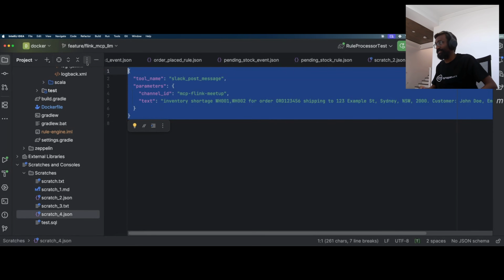One more iteration. The LLM will see that last time it gave this one and got this error, so it corrects it and sends a new payload back to us. We can keep repeating this loop until it succeeds. Or if you feel it's overdoing it, you can break the loop, saying try 3 times and then give up. Or you send this message to a dead letter queue so that somebody can take action and find out why the LLM is not generating the right input for MCP. That's where your guardrails are